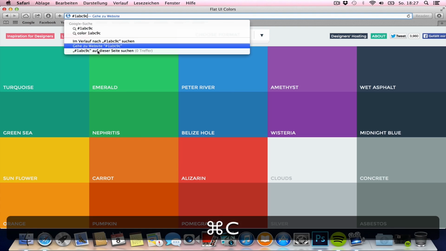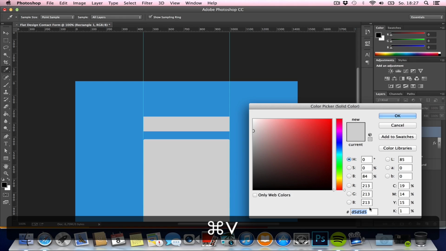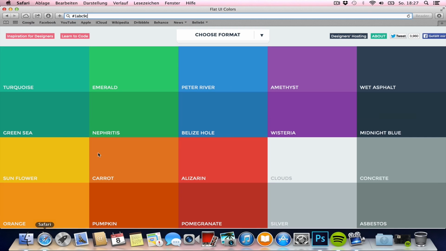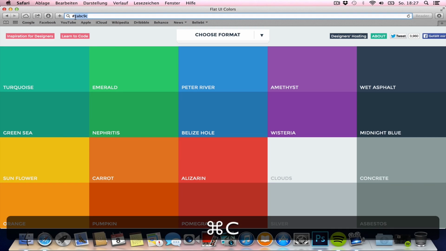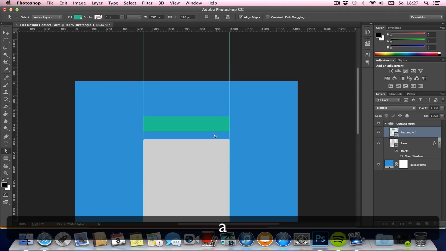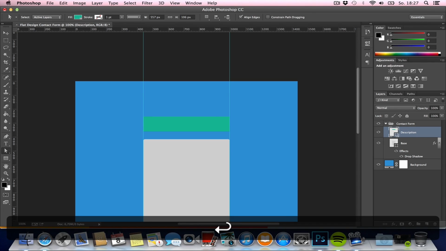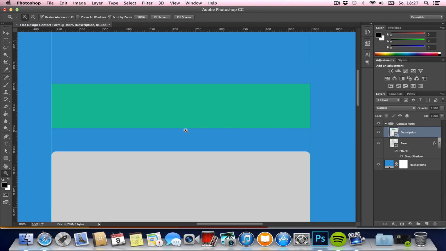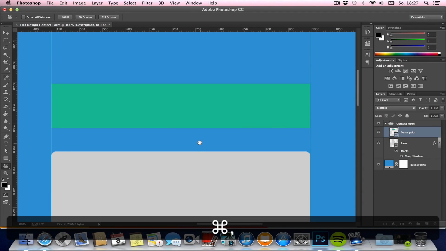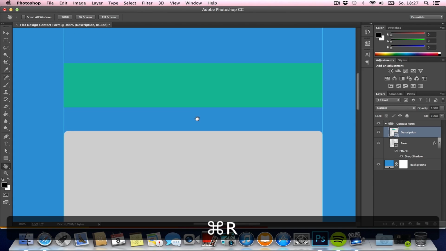Copy the color code again, just without the weird looking thing there, the hashtag as you would put it in 2014. Although I think it has another name. So color the rectangle, and this is basically the description of it. This contact form is just like a pop-up. You will click on a button on the homepage or so, and this contact form will pop up